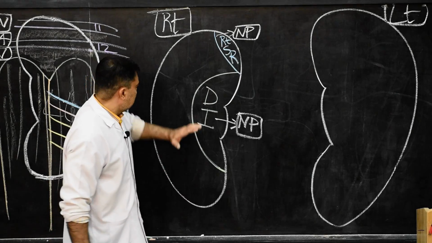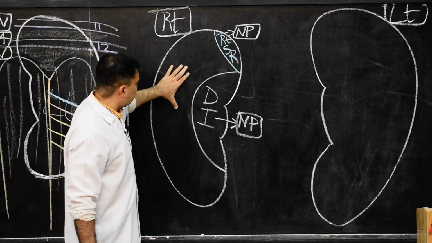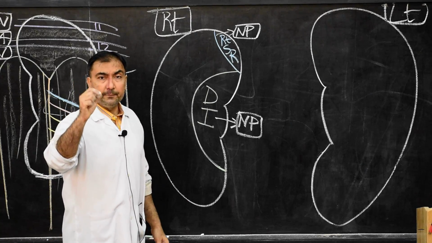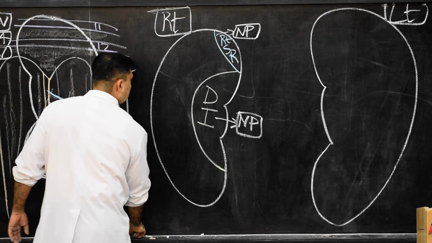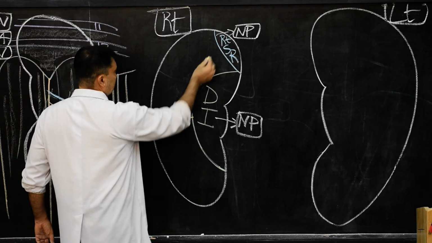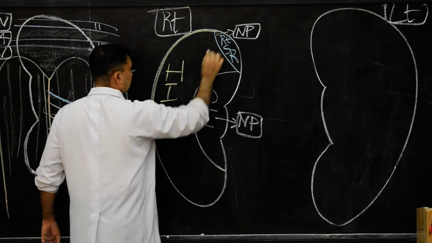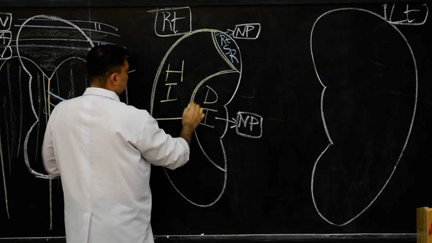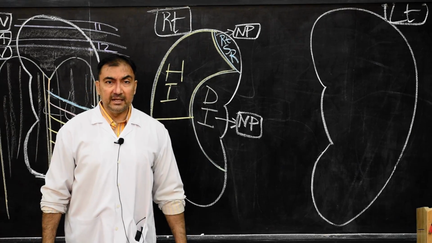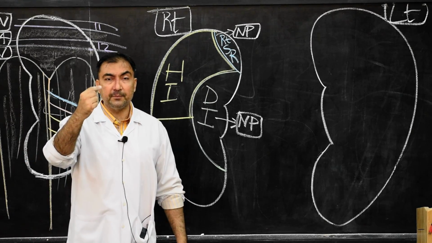Then we go with the anterior 2/3, where my hand is there, covering the lateral part of anterior surface of the right kidney, that is hepatic impression. So here we show this much is hepatic impression. This hepatic impression is related with right lobe of the liver. But remember, there is a pouch which we have discussed in the peritoneum, that is hepatorenal pouch of Morrison.